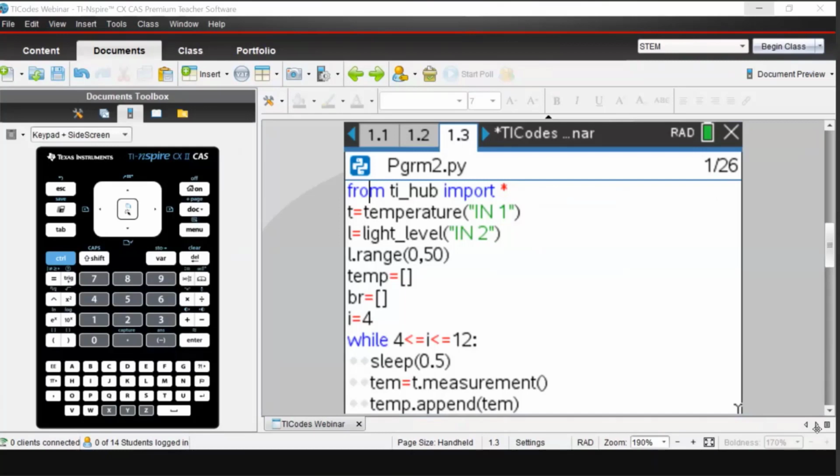So I've got 2 sensors. The temperature one is connected to input 1, as you can see on the screen, and the light sensor is connected to input 2. And I have stored them or defined them as variables: temperature T and the light by the letter L. Okay, and once again, like I did previously, I've assigned a range for the light, and I've gone from 0 to 50. So coming back to the program,